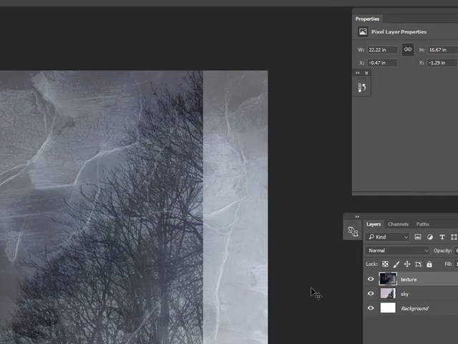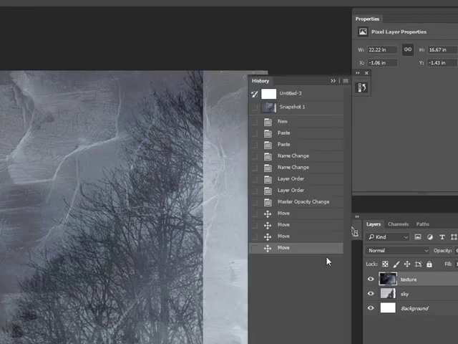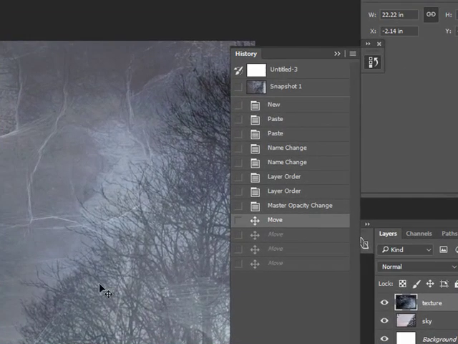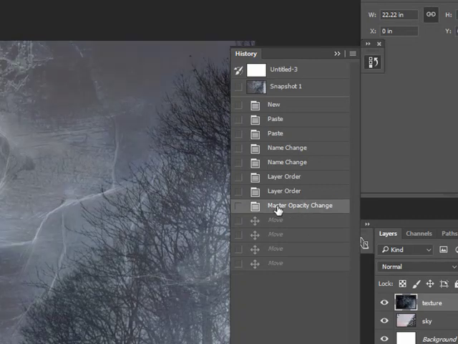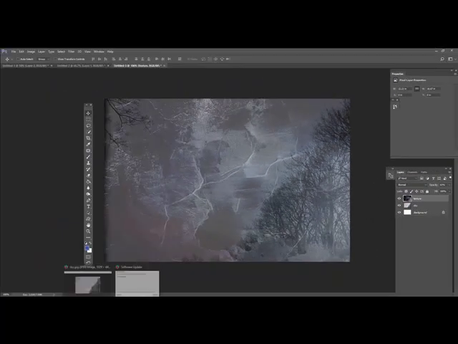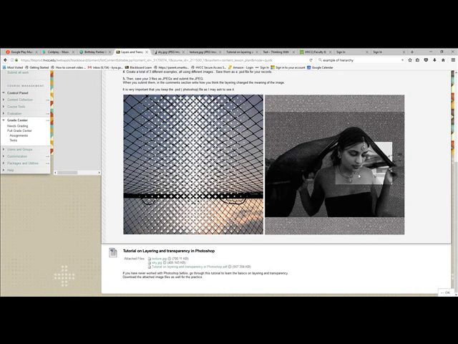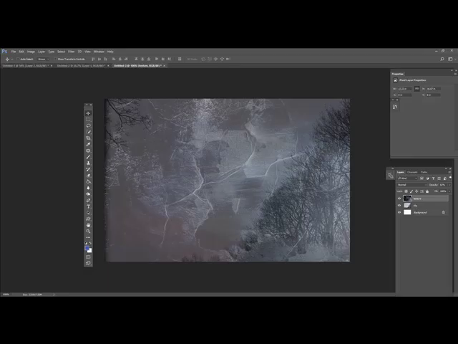I'm going to use my history panel to go back a couple steps to the steps before I started moving things around. All right, and I'll minimize that again. So this time, let's make it more like the example of the girl where she had a section cut out from the texture layer. I'm going to take my rectangular selection tool, but just to note, there are other selection tools